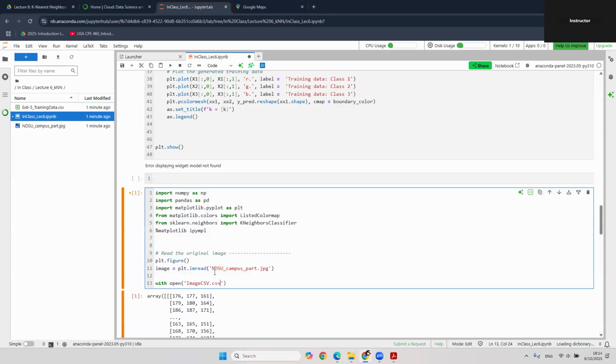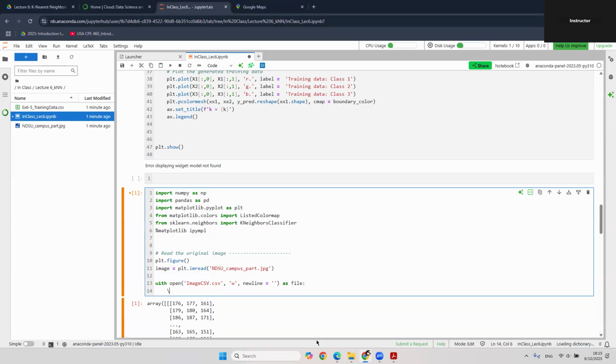Yeah. And then I will have a parameter W, which means write, to write instead of to read. And then I'm going to have a new line, that means, in each line, I don't need to add something there,